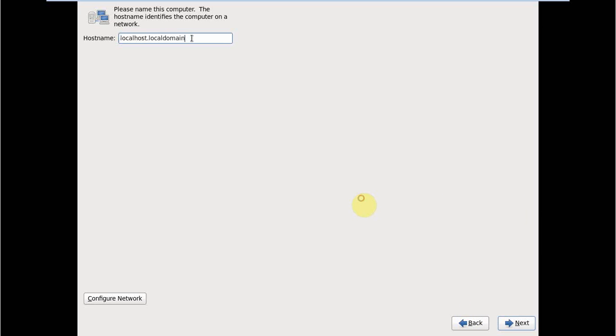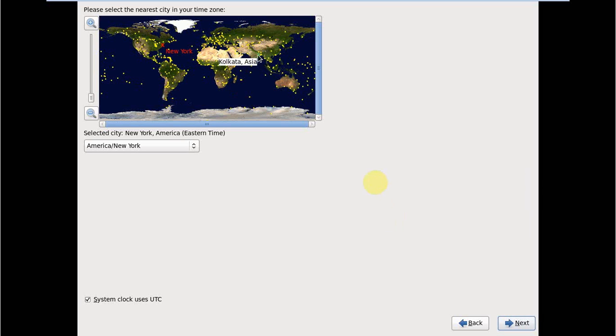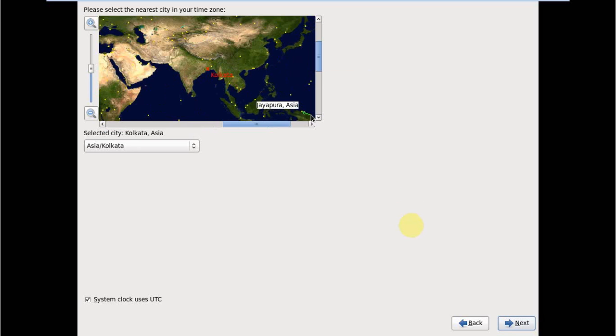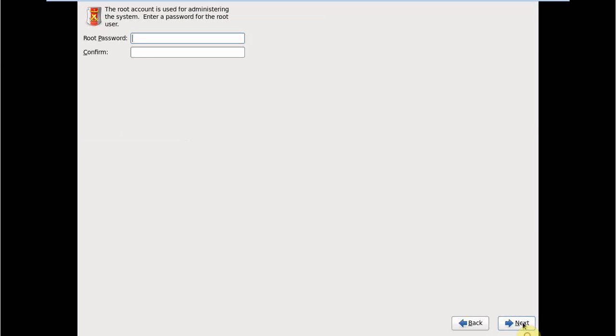Now we will give certain names to this system. So I'm just giving the name server51.example.com, or you can leave it as the default. But it is always recommended to give one proper name to your system. In my case, I'm giving server51.example.com. Next, in which country you are, you have to select. In my case, I'm choosing Asia, Kolkata. Next,